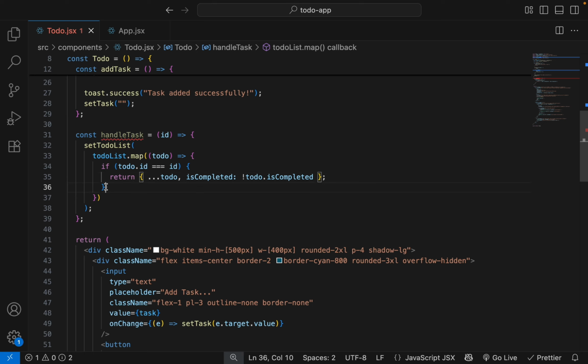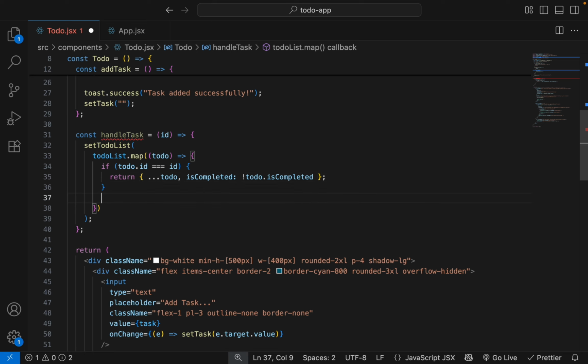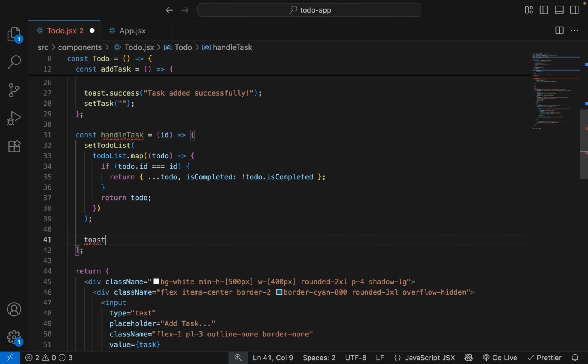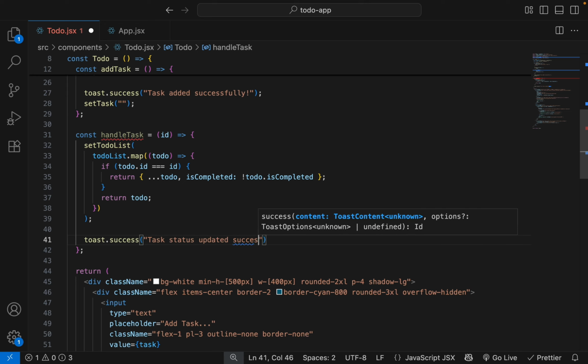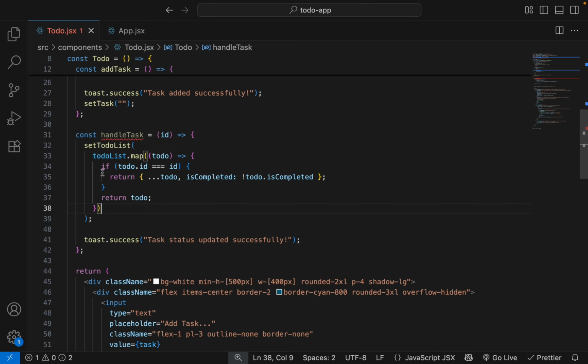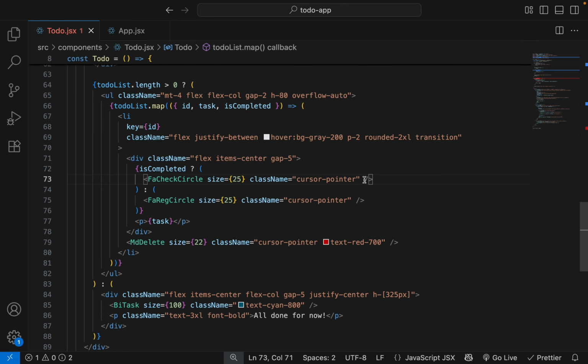And else return others, same as it is, and display notification. In set to-do list we are setting our to-do list with a condition that if current to-do.id is equal to passed id of a task is equal to true, then this task plus updated status of this task is returned. So on circle icon we will add function handle task on both.